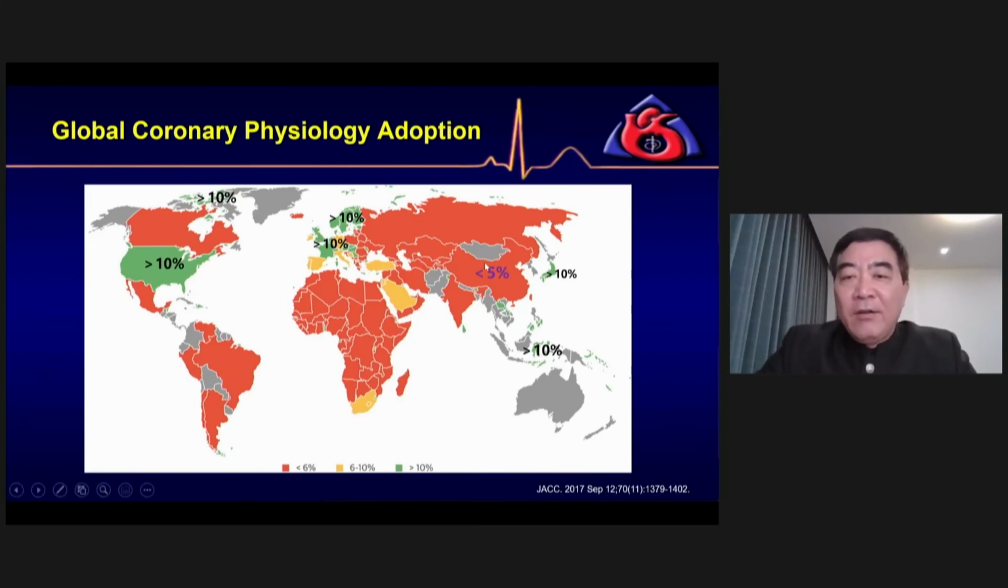still less than 5%. You know, in 1999, the annual PCI volume was 8,000, less than 10,000 per year. But by the year 2019, 20 years later, the annual PCI volume was over 1 million each year. Therefore, I know that in Northern Europe, more than 1/3 of PCI is physiology guided, but in our whole population, we are still less than